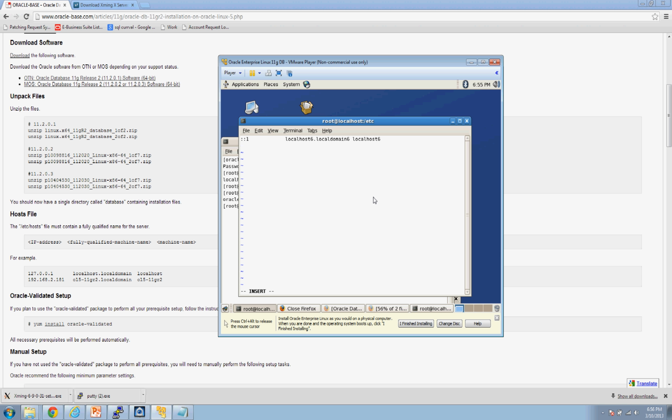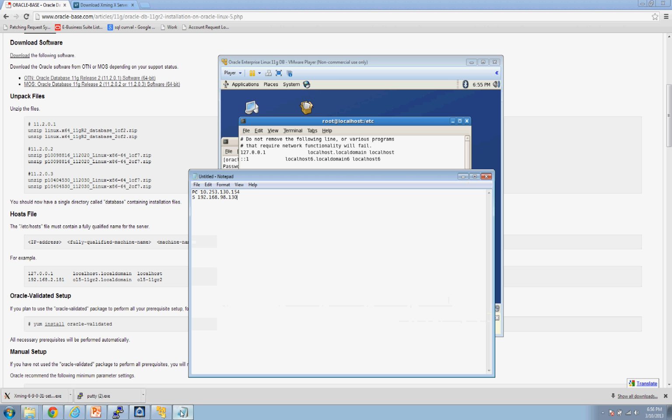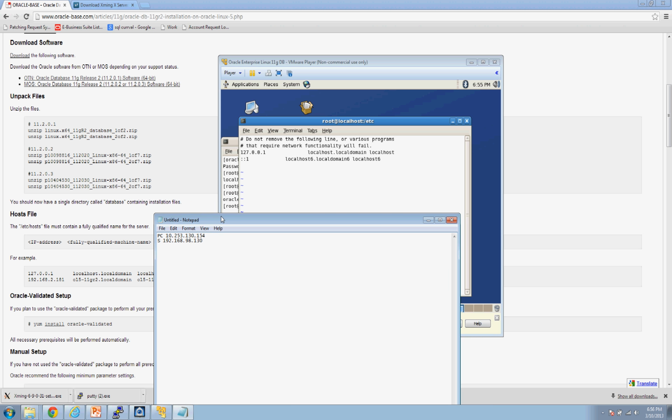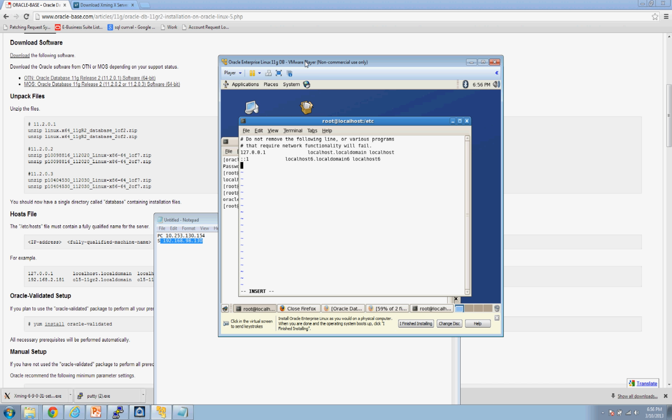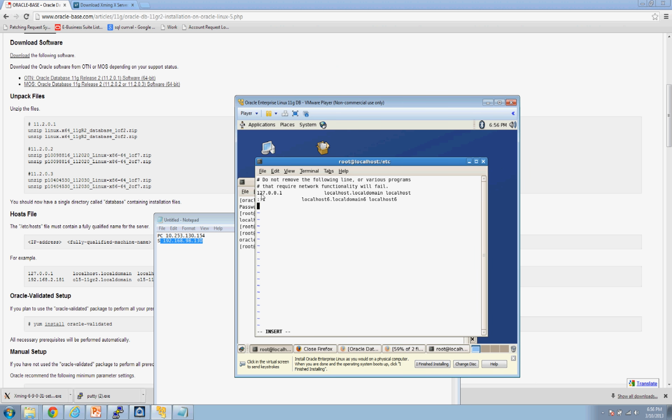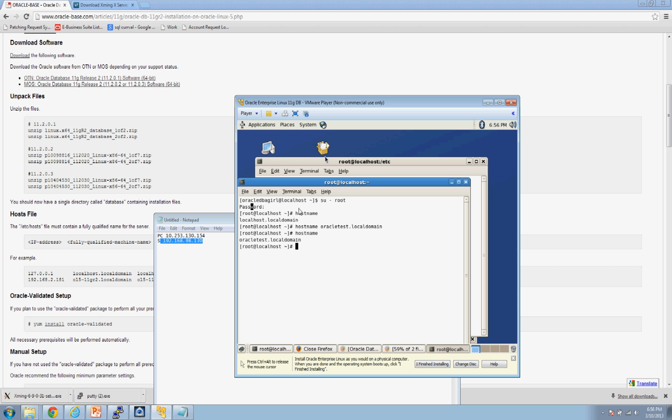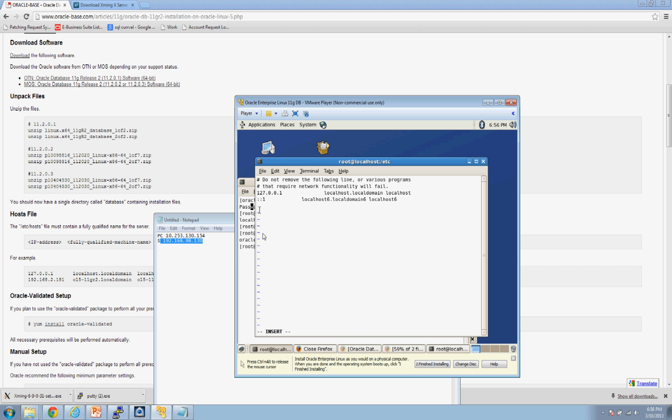Alright, if you remember correctly, the first thing they wanted, I can show you, was right here. It says the IP address. So we have to go get our IP address. So we're going to hit Control and Alt, still stay in insert mode, and we're going to get the IP address of our server. The IP address of our server is right here. Now you're going to come back. Make sure you can see it first. Okay, we can see it. So we're going to come back to the file and we're going to type